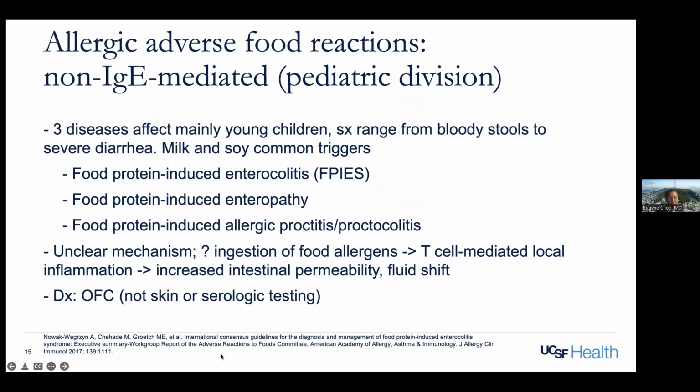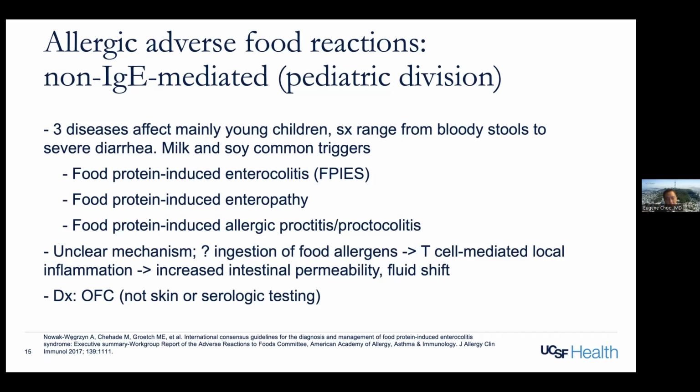Now, switching gears a little bit, we've got the non-IgE mediated adverse food reactions. I put pediatric division here just to emphasize that these are conditions that I myself and other adult allergy immunology docs really rarely see, because these are really affecting typically infants and toddlers. And here we've got FPIES, the food protein-induced enterocolitis, the food protein-induced enteropathy,